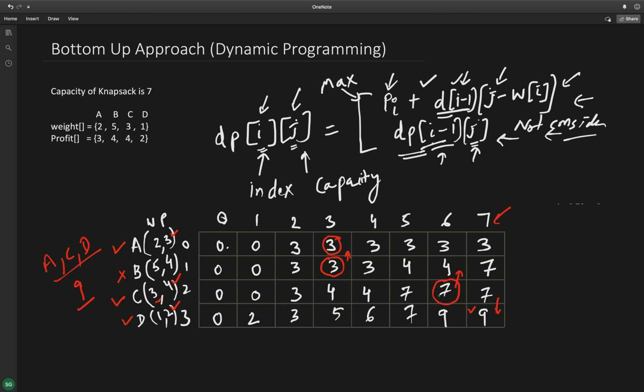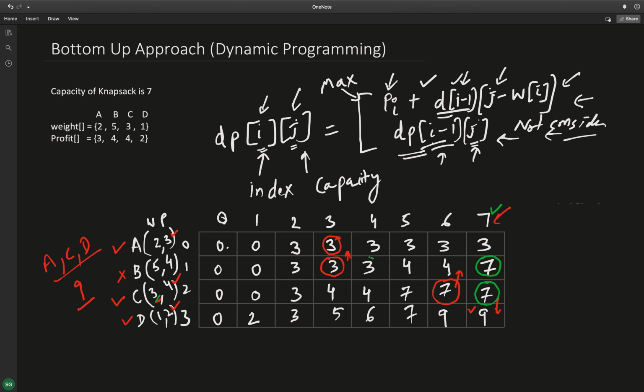Whenever we are filling any value, for example this value, we are considering the value just above and also the value at 7 minus 3, that is 4.